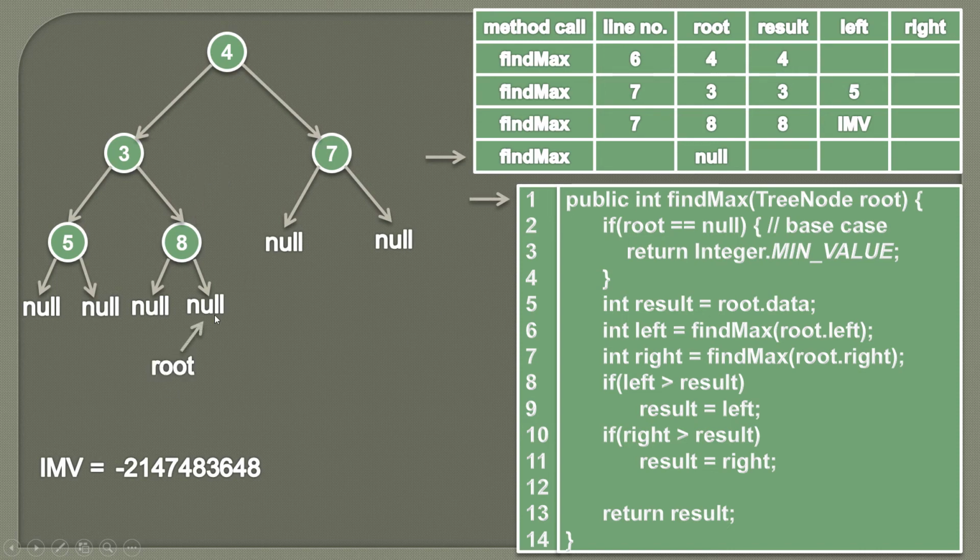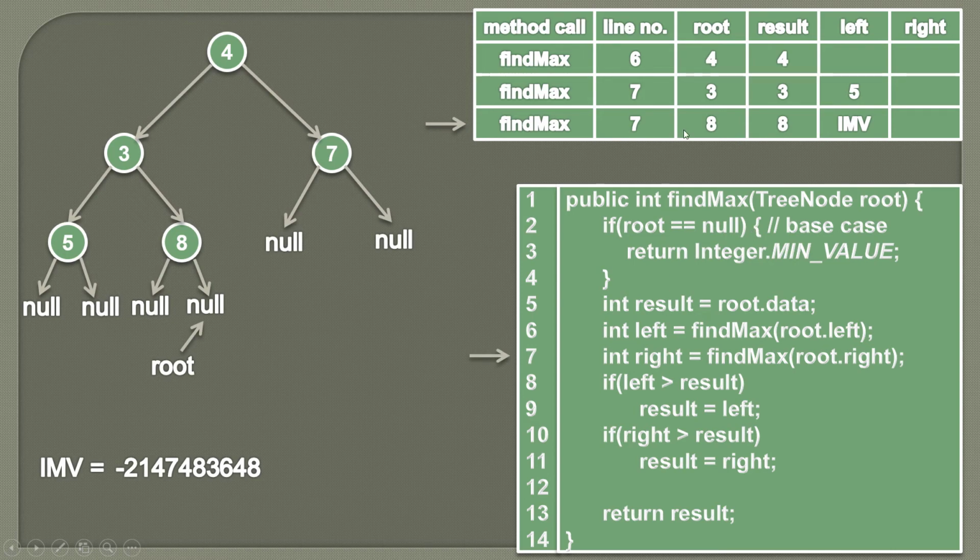Root will be pointing to null. And here root is equal to null. So we'll simply return the minimum value of the integer. So this method will be removed from the call stack. And this method will start execution from line number 7 now,